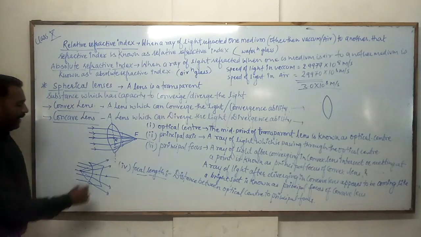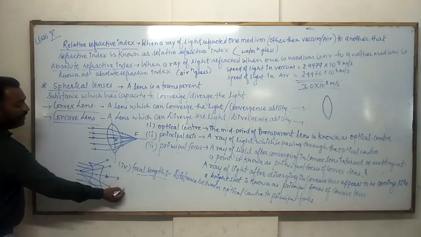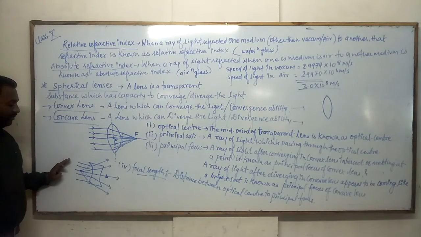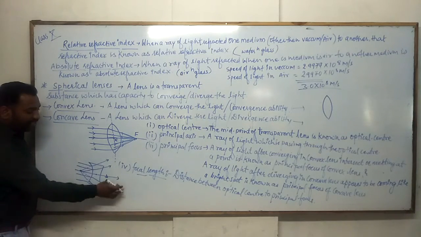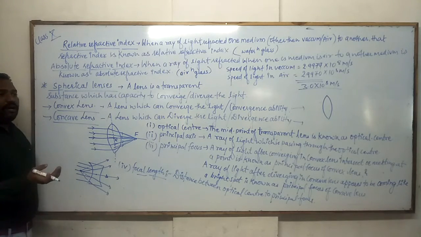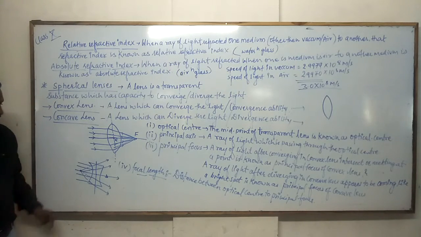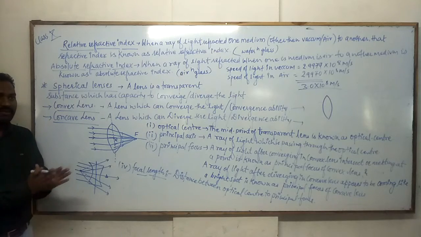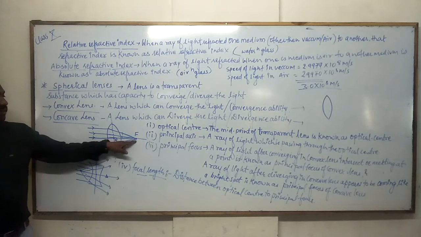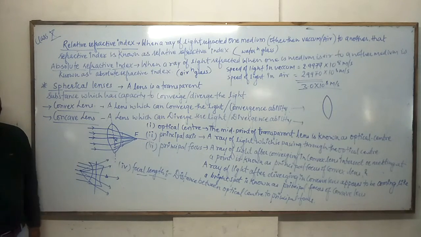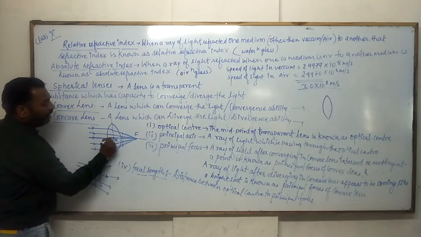So why am I writing here a bright spot? Look at this, when you see from here, the incident light which is parallel to the principal axis, after divergence, can look like a bright spot behind the surface of the lens, okay. So the light will diverge after passing through this lens, and light will converge at one point after passing through the convex lens, okay. So you have to write here,